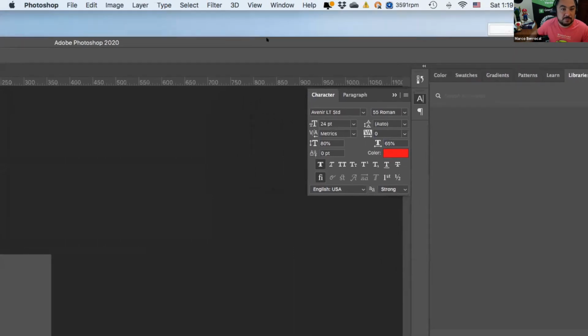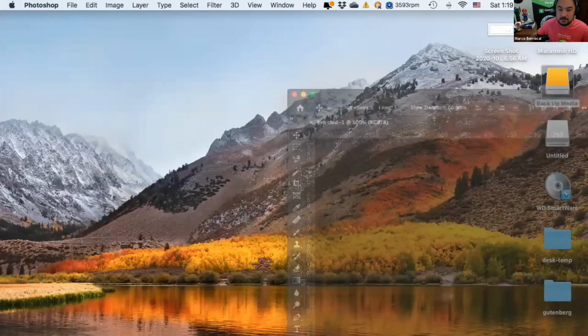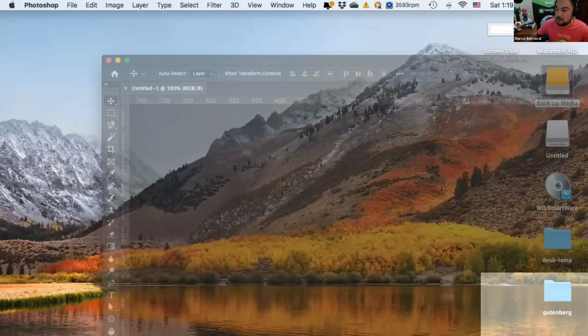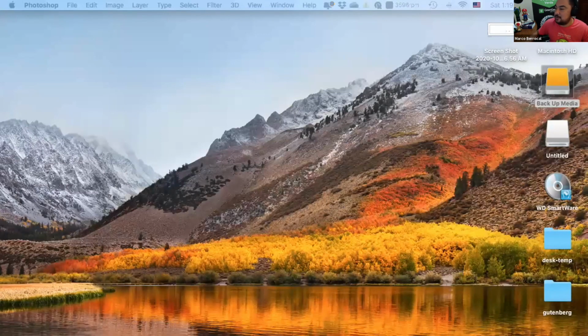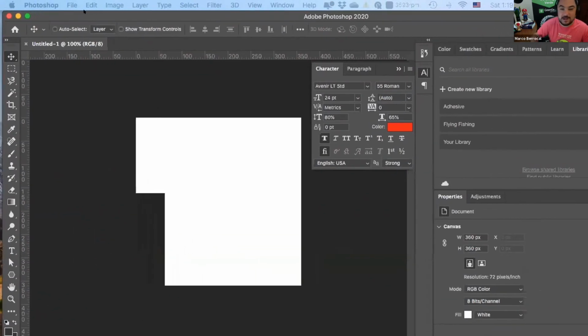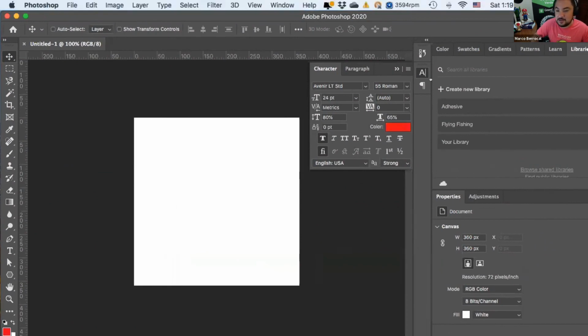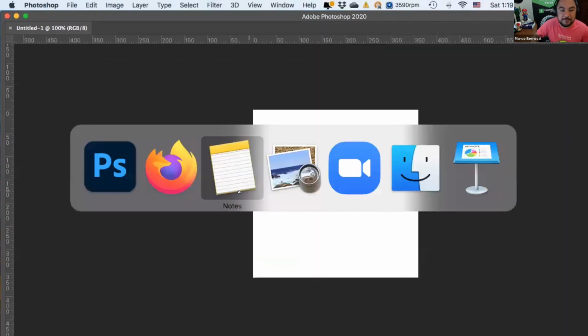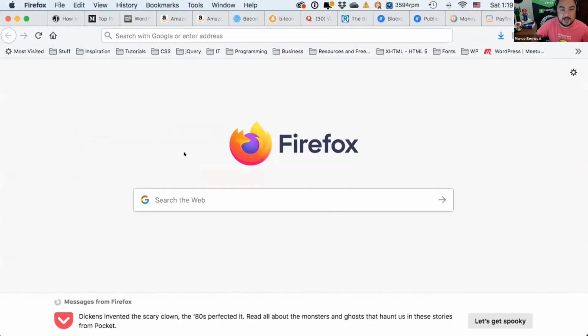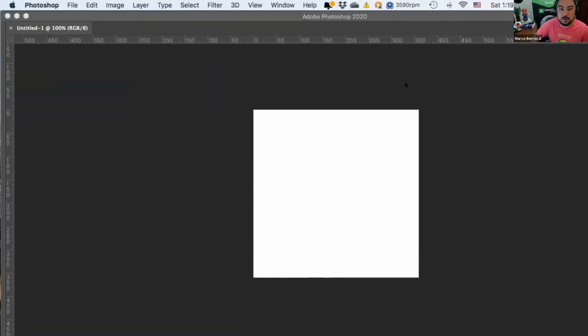So let me put Photoshop. Why does it look so big? I don't know, maybe it's because of my screen. I have a huge screen, and now it's all tiny. That's something I learned from giving webinars: you guys don't have my huge screen, so you are not going to be able to see as well as I will. So I have my Photoshop stuff ready, and now let's say we go over here,